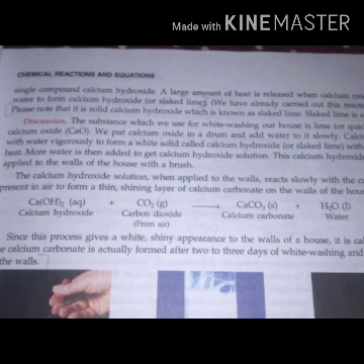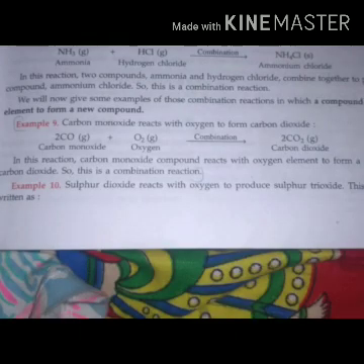Another example, that is carbon monoxide reacts with oxygen to form carbon dioxide. In this reaction, the carbon monoxide compound reacts with oxygen element to form a new compound, carbon dioxide. So, this is a combination